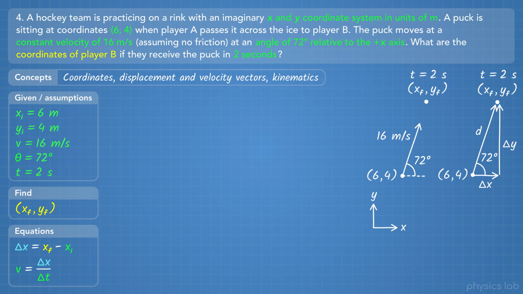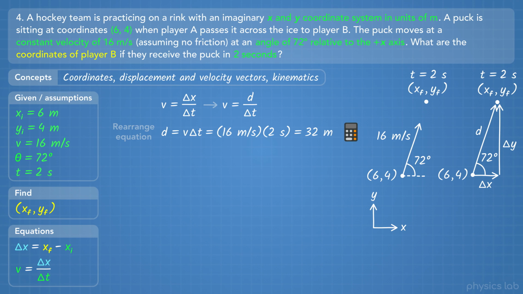Since we're only looking at the motion in a straight line, we can treat it as a linear motion problem. Velocity equals the displacement divided by the period of time. Instead of delta x, let's use d for the magnitude of the displacement in the direction it's moving. So v equals d divided by time. We can rearrange that to isolate d on the left, and then plug in 16 meters per second for v and 2 seconds for delta t. That gives us 32 meters for the displacement. That's pretty simple math. The puck moves 16 meters per second for 2 seconds, so it travels 32 meters in